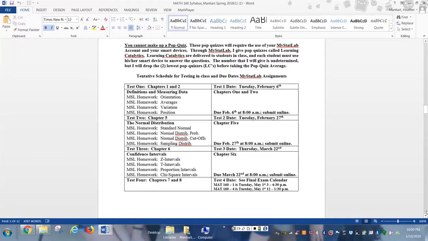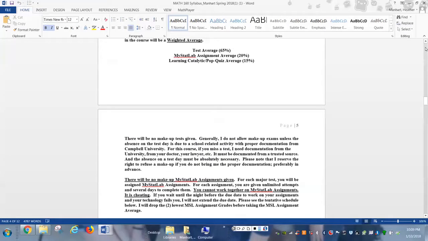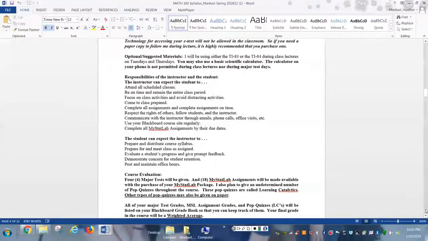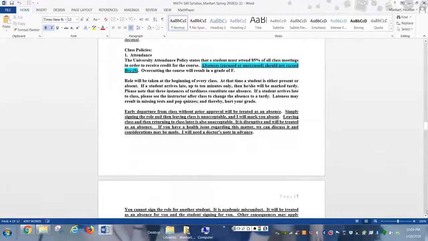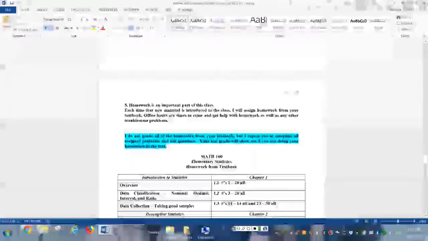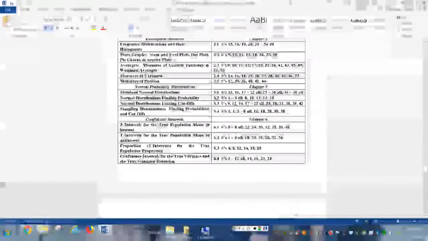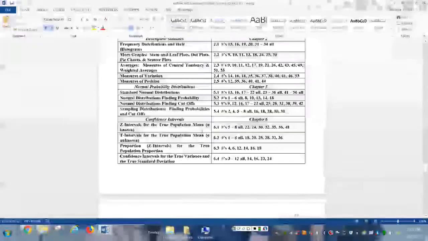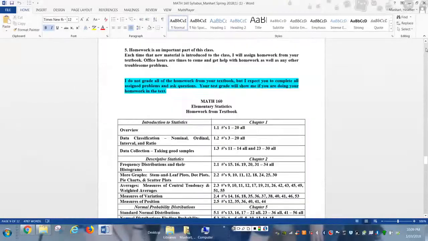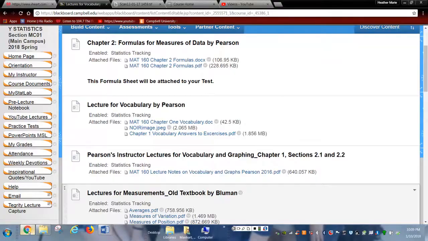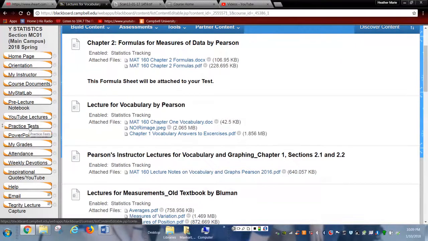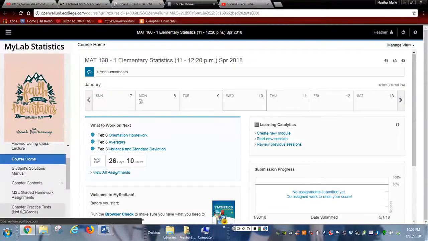And you can be successful by just going into the textbook, coming to class, taking good notes, being a good student, practicing outside of class. And you can be successful if you just want to take some of these homework problems from the Pearson textbook and practice those. Or go and do your practice tests here, which are my old tests, or do your practice tests within the actual MyStatLab course.